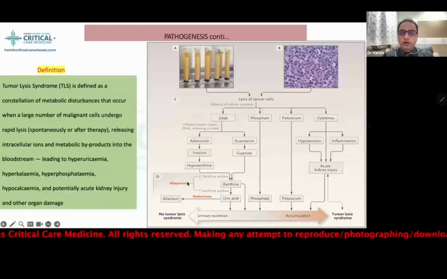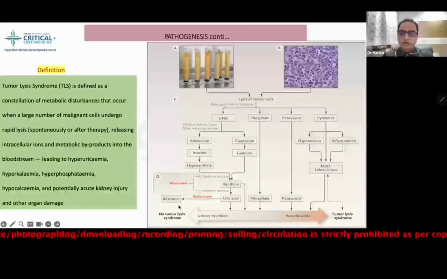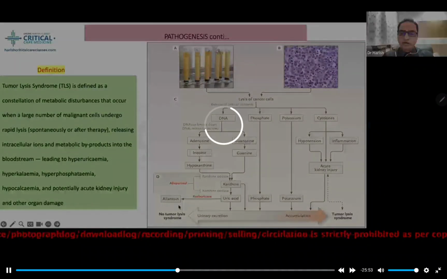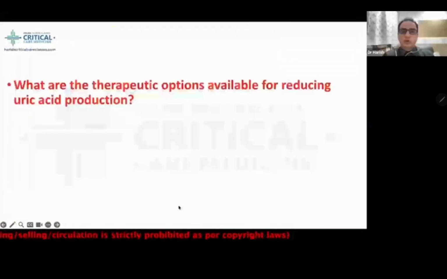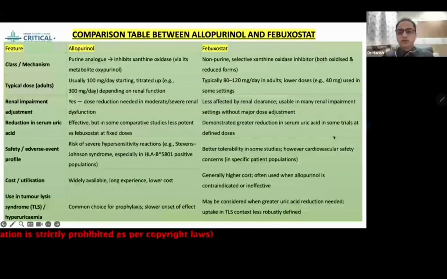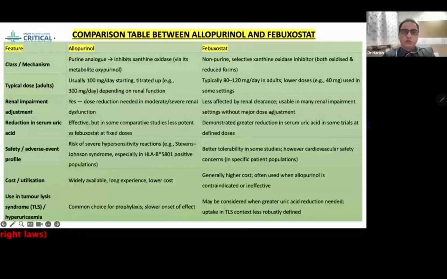Either use allopurinol or febuxostat. Rasburicase is a recombinant uricase which converts less soluble uric acid into more soluble allantoin, and it gets excreted in the urine, which we discuss later. Okay. So basically we have two important agents to prevent the production of uric acid, that is allopurinol and febuxostat. So when it comes to mechanism,